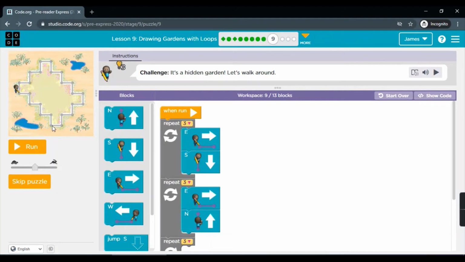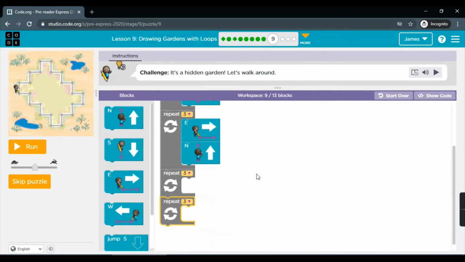Okay, so he'll reach here. Then east, north, he'll reach here. So we need to fix this portion from this point to this point. So now after reaching here, it will go west and then north.